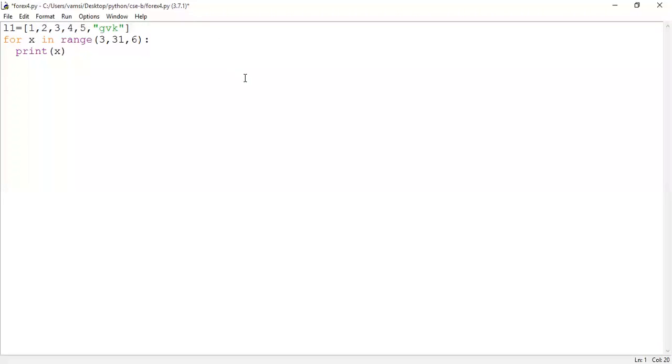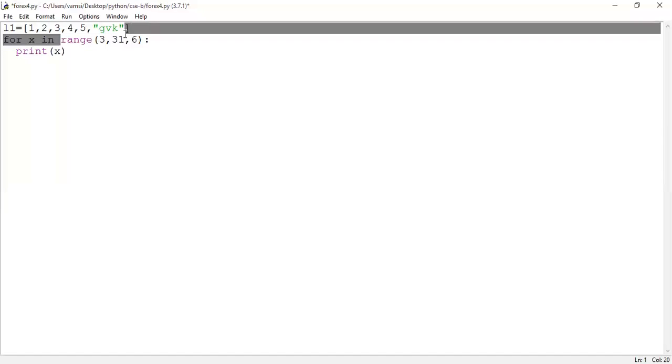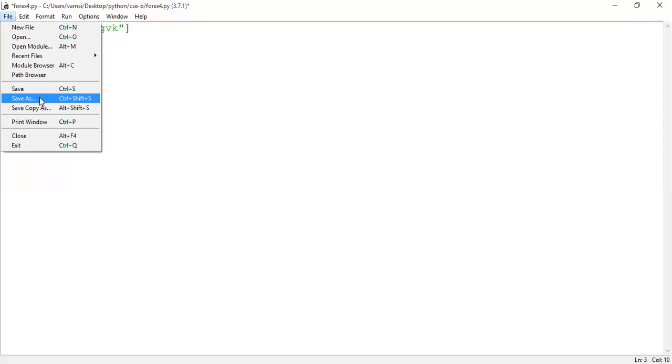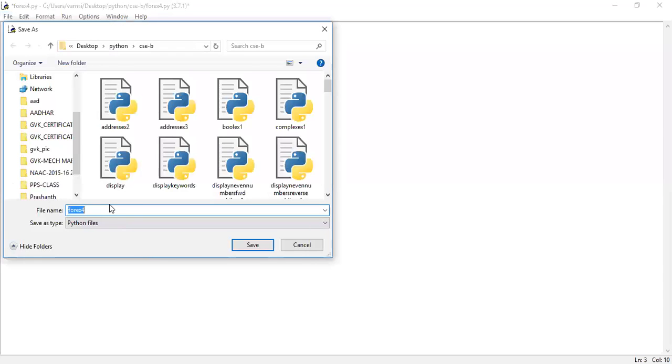Okay, L1. Now, which part of the code has to be modified? In place of range, what do we have to modify? L1 should be specified. So please remember, guys, here we have to specify the colon operator. We have missed it in the notepad editor, but the colon is mandatory, guys. Don't forget. Okay. So L1, what will it display? 1, 2, 3, 4, 5. So for example,